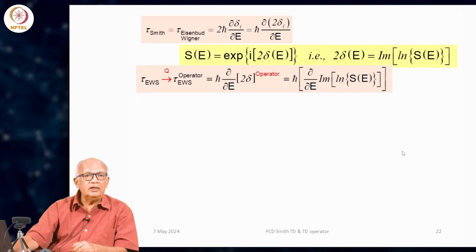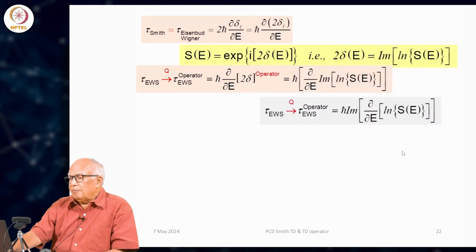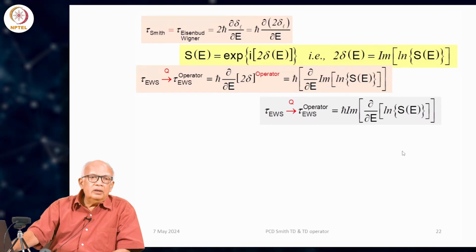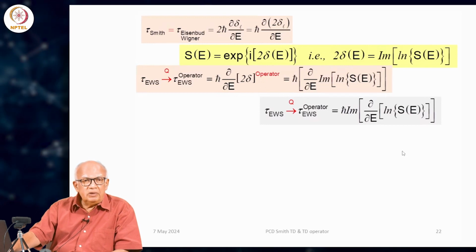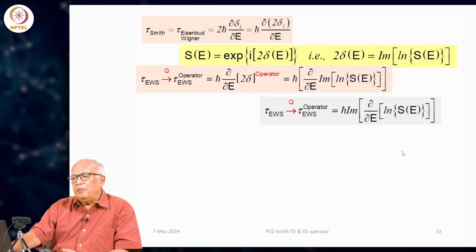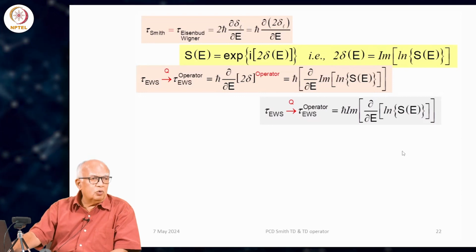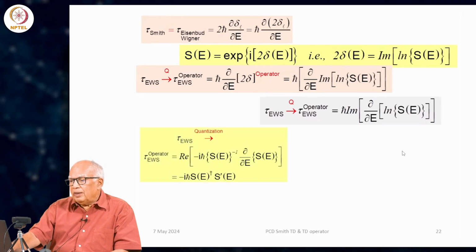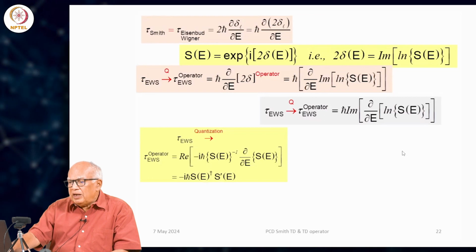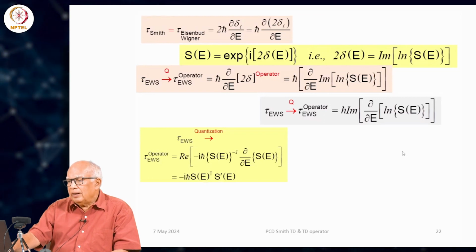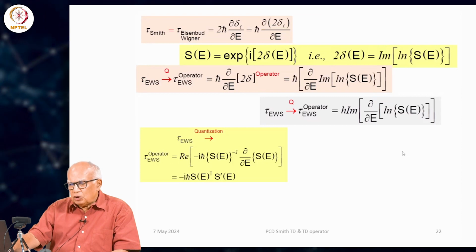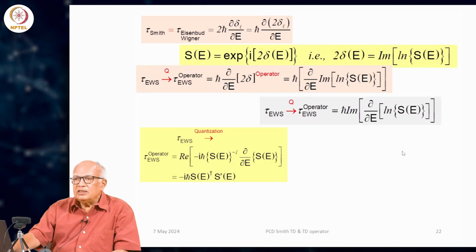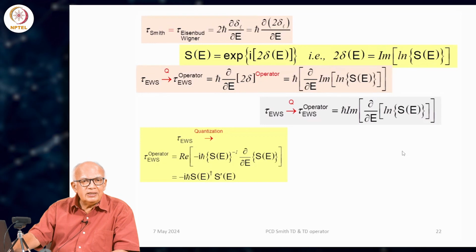S is an operator, we know that, and this is your operator for the Eisenberg-Wigner-Smith time delay. It is for the Smith time delay, but it is the same for the Eisenberg-Wigner time delay because they are the same. So, this is quantization, and using simple manipulation you see that this is minus h cross S dagger, and you have the derivative of S, which is S prime. So, this is simple algebra that you can do in a few minutes,